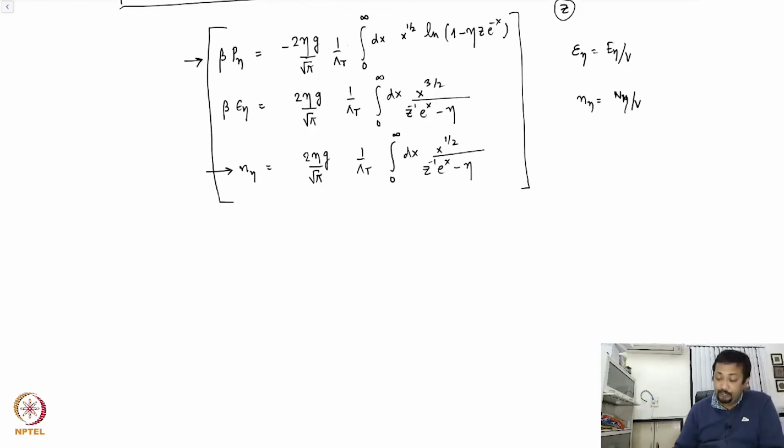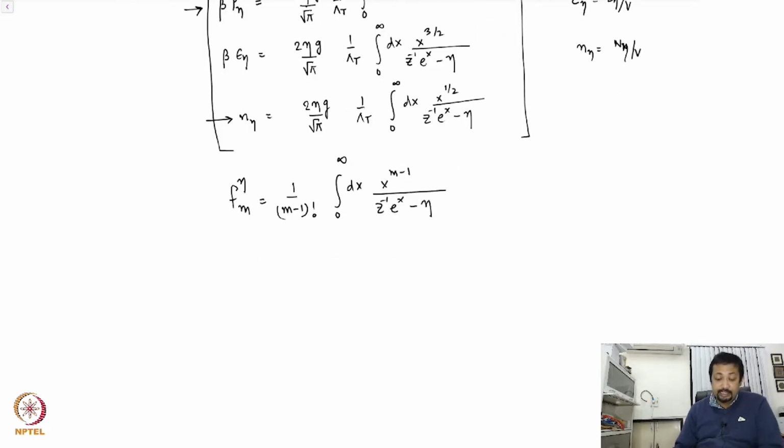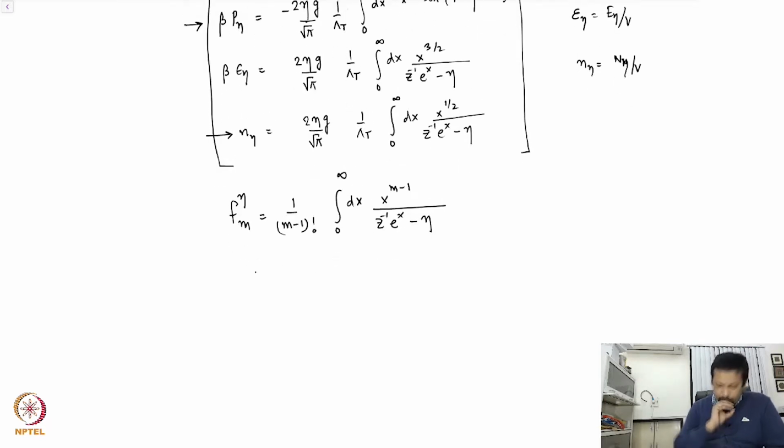For this, I define a function f eta of m as 1 over m minus 1 factorial integration 0 to infinity dx x to the power m minus 1 divided by z inverse e to the power x minus eta, right? In terms of f eta,